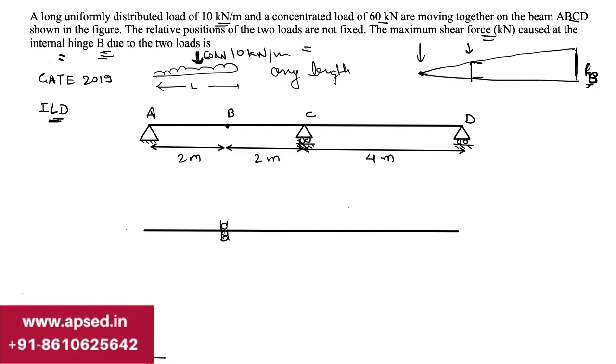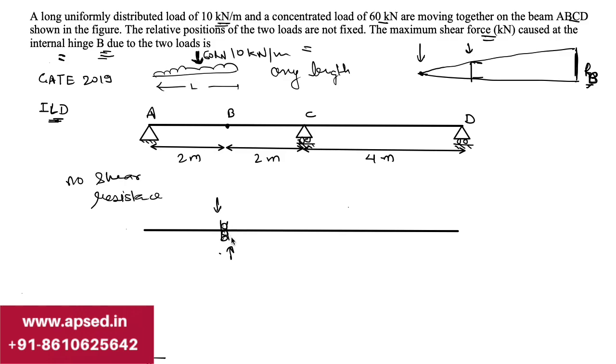We introduce a vertical roller at B, because if this vertical roller is in place and we apply a vertical load, then the two parts will simply slide past each other. So there is no shear resistance. Basically we are removing the capacity at this point B to resist any shear force.